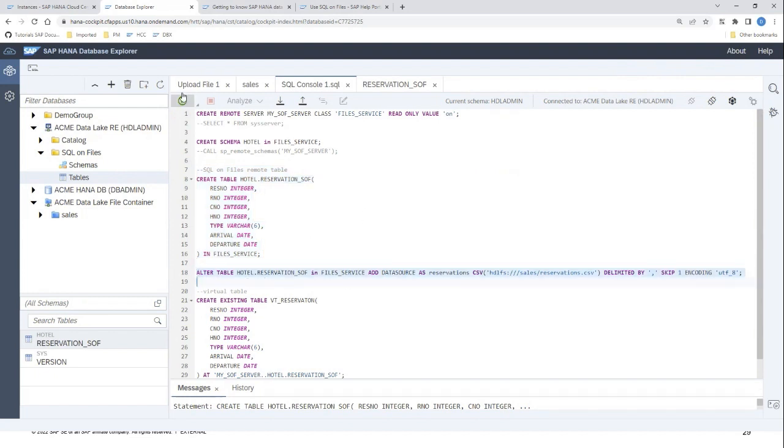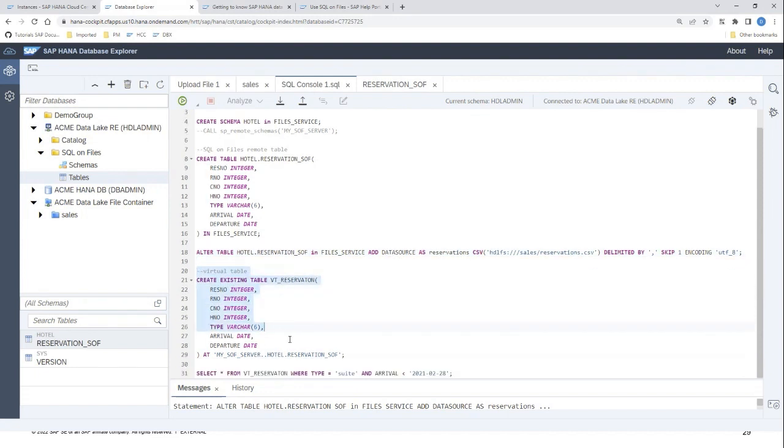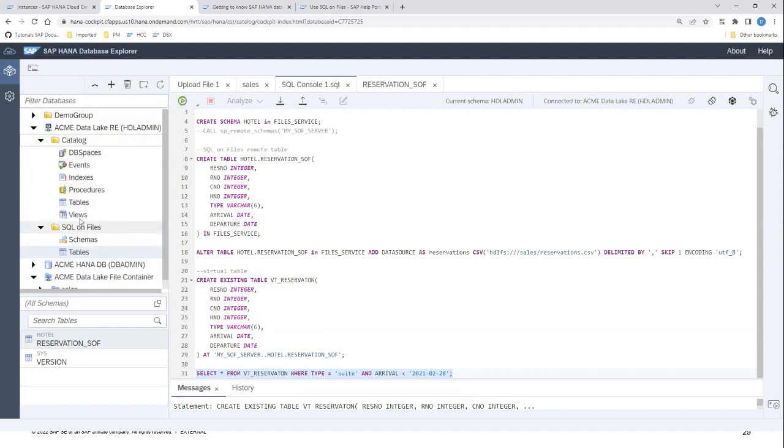And so this command here will associate the CSV file with the remote table and add it as a data source. We'll create the virtual table. And then finally, we will create a select against that virtual table that we've created. So that virtual table is created here within the catalog. You can see it. And if I execute the SQL query,